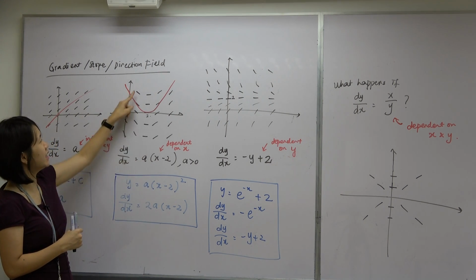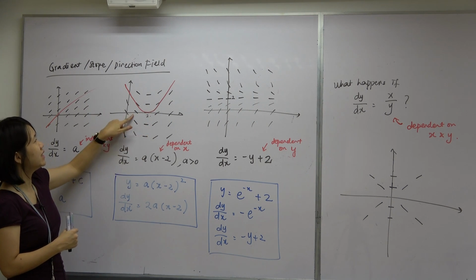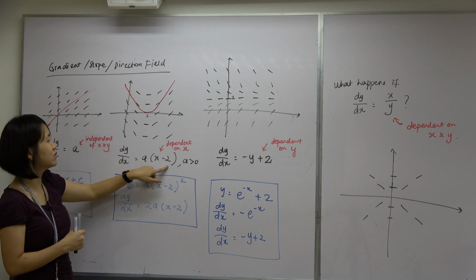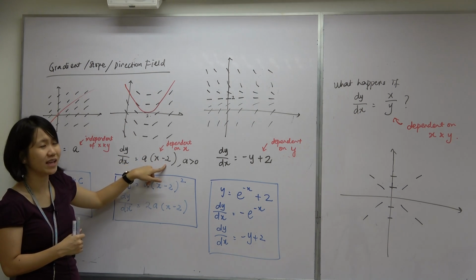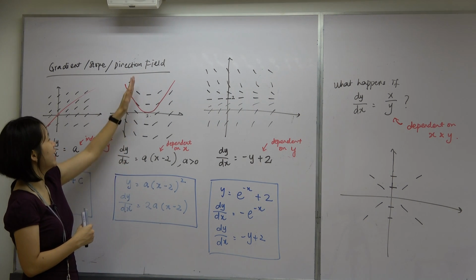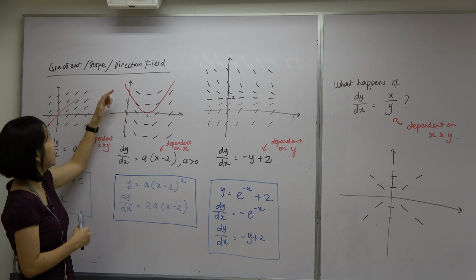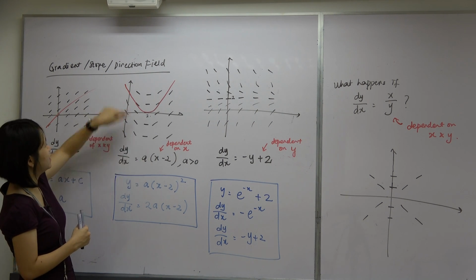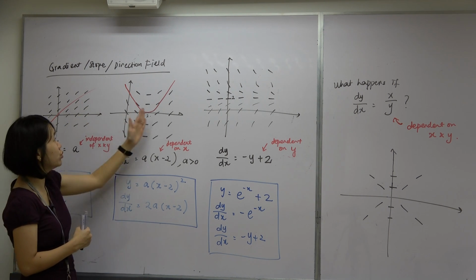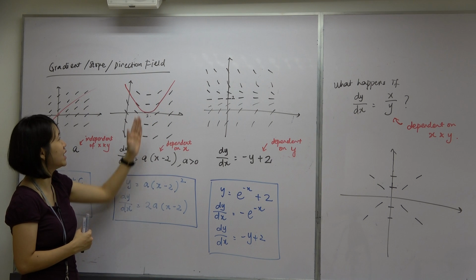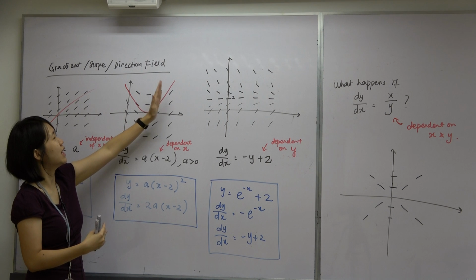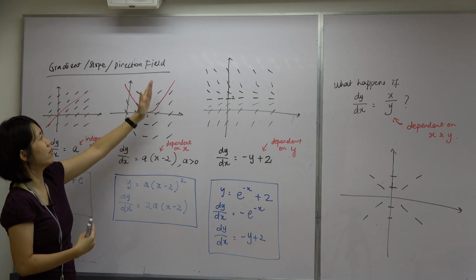Right? So how did I get this negative slash and also positive slash? This column itself gives me x equals 1. So when I have 1 minus 2, I'm going to get negative 1, am I correct? So dy over dx is equivalent to negative a. Hence, it will be a negative gradient that I got. And accordingly, when you test out x to be 0, you're going to have negative 2a, and again you're going to have more slashes that are negative. You will do the same with x equals 3, x equals 4, and that is when you will get positive gradient. So a graph like that, with columns of the same sort of gradient,